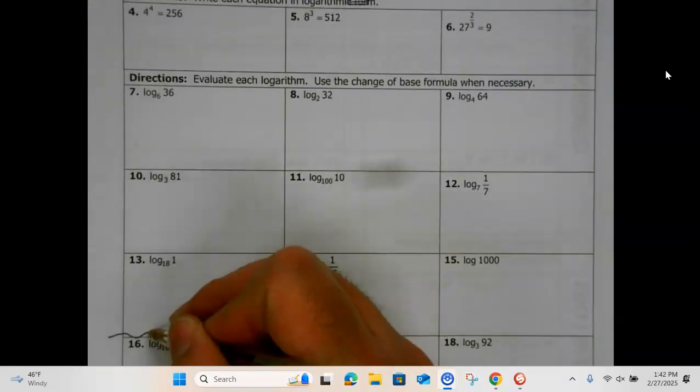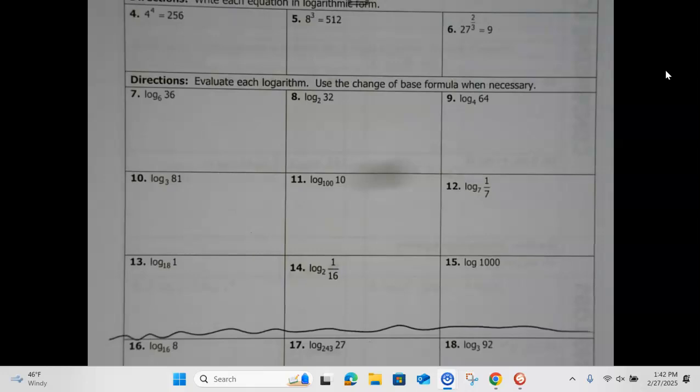So like 7 through 15. You can do that without a calculator. Or just kind of guessing. Don't use change of base until you get to 16. Force your brain to think or play with the calculator to try and get some of those answers. Key is up front if you get stuck, or I can help out too. But if you've got stuff like that, or you have old work to do,